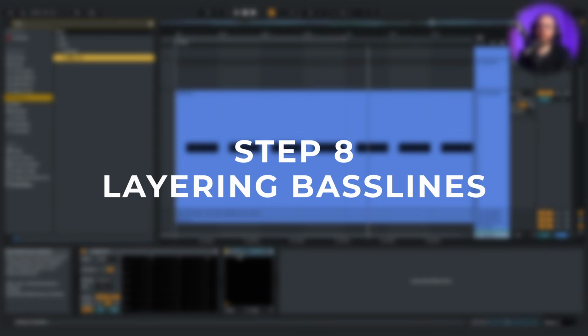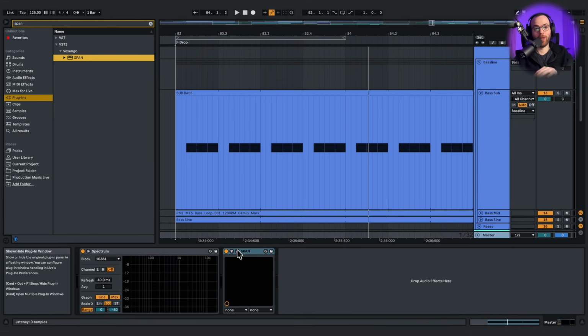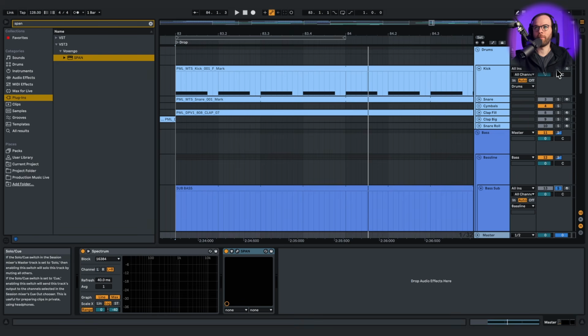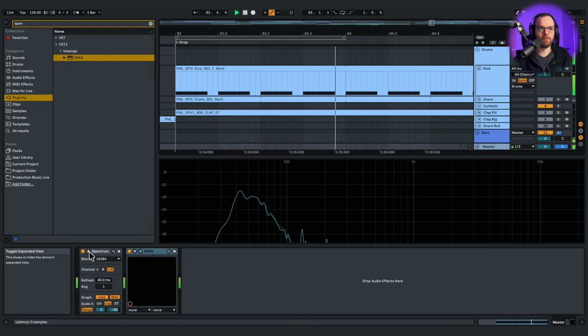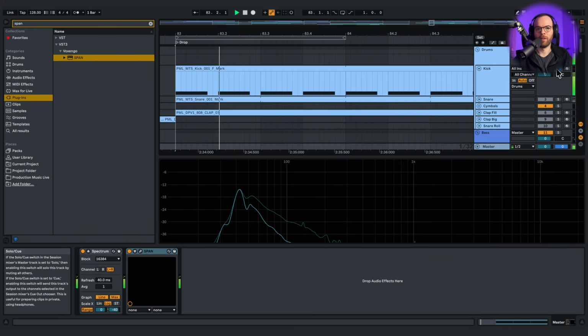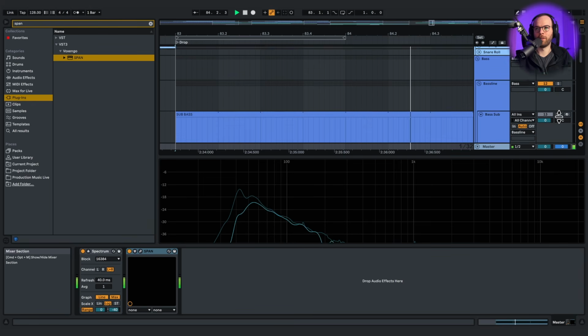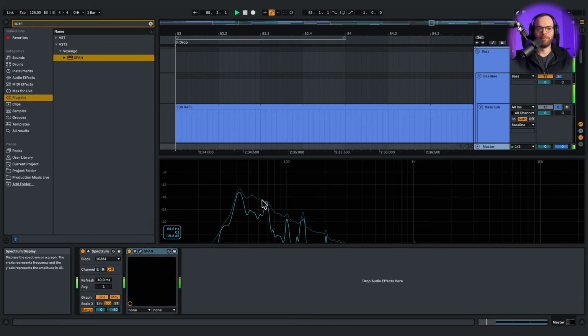Now you might be asking yourself, should I also layer this with another sub in the bottom? As you can listen over here, if we go and play kick and bass, you can see the kick over here, and you can see the bass over here. Should you also play this with another sub? It depends. It depends because if we play another bass over here, which is this C sharp,